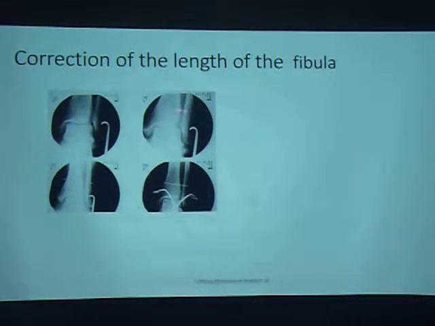How to correct the length? I prefer the hook. I take the hook on the lateral malleolus, then you can push it down when it's unstable. This spike here, yes? This spike here goes down and it's in line. Then you have the correct length. Then you make a manual compression of the joint. Then you move the foot up and down, so that it really goes into the groove. And then I make a perpendicular pin, and then I drill.